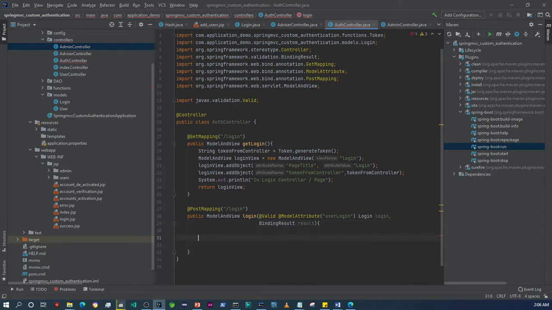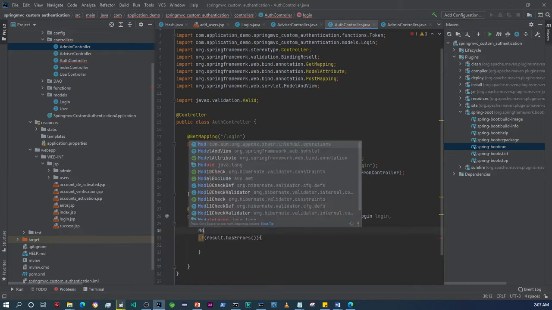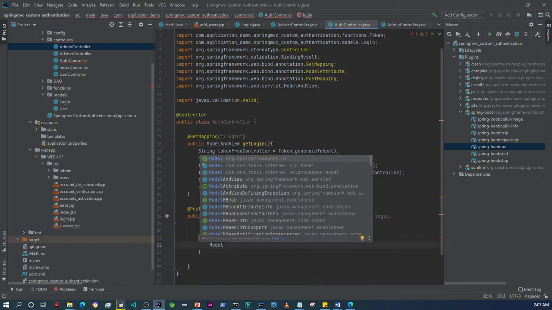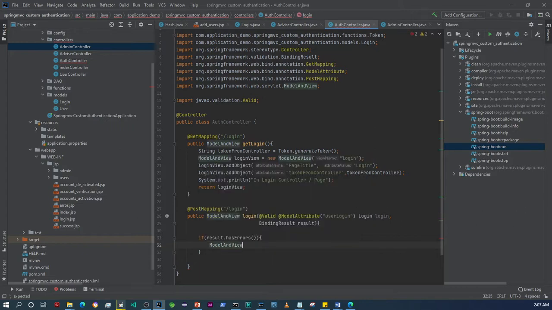So what I'll do here is if result dot has errors, this time around I'm actually going to set this within the model and view, and then I'll say get login,